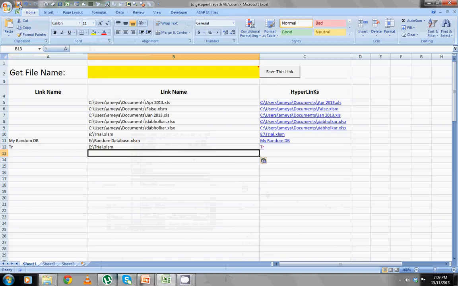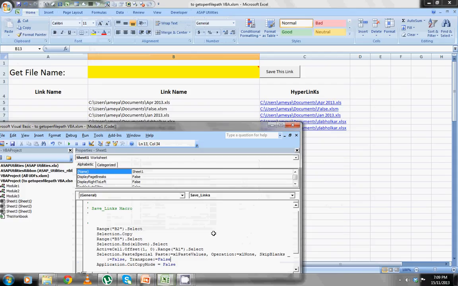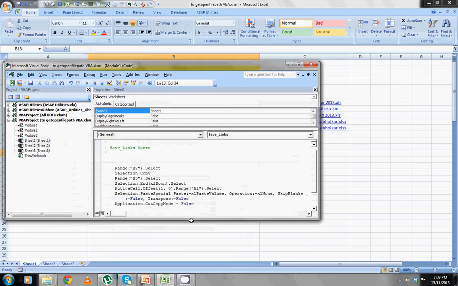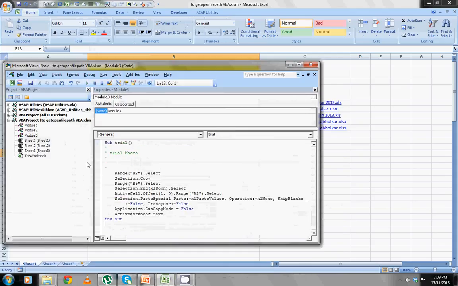Now see how the code begins. Just now I mistakenly pressed the save key, which also recorded ActiveWorkbook.Save. You don't need it. But Application.CutCopyMode, which is normally not recorded, is automatically recorded when you save the book. Here I have just written this part, Application.CutCopyMode equals False. Okay, so this is how it is recorded.